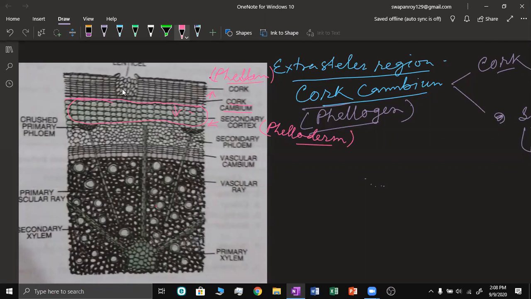And this cracked structure, loosely arranged, you can see, is known as lenticels. These lenticels become very important for the exchange of gases, because here the cells are very loose cells. So exchange of gases takes place. So now our answer will be